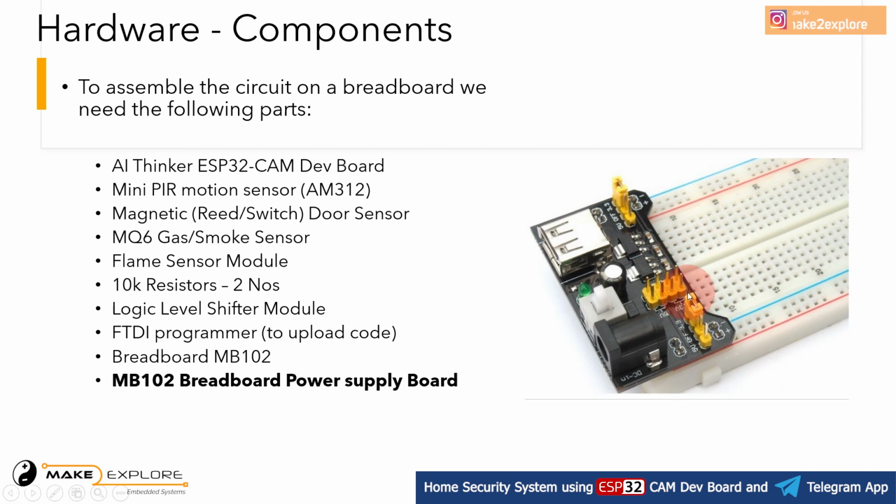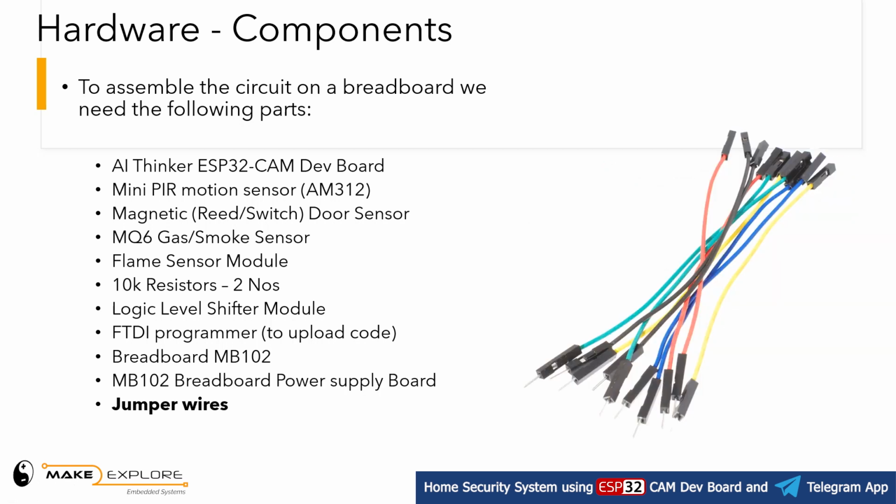This module also takes input from a DC jack as well as through USB, and it has a push button to turn it on and off, and it also has jumpers to switch the voltage levels to 3.3 volt and 5 volt on the power rails. Next you will need jumper wires to make the connections.